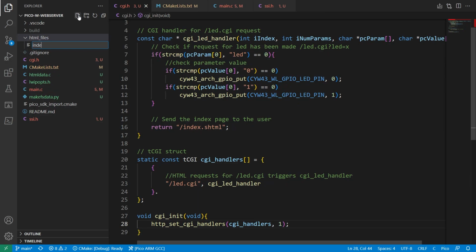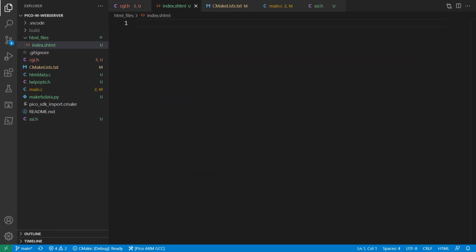Now I think we're ready to move on to the web pages that we are going to display. We just want a simple setup of only one main index page, and we're going to use the file format .shtml. The S in front of HTML tells the server that there is some SSI, or server-side include, content within the page. You can have a series of web pages in the HTML files folder, and you aren't just limited to one. So let's create